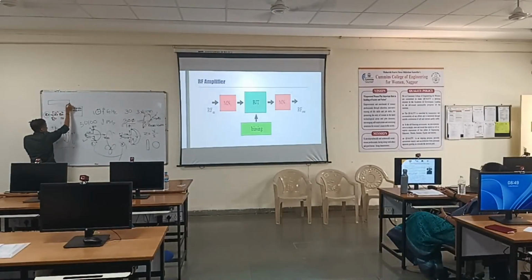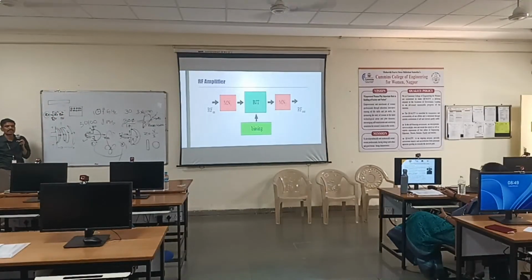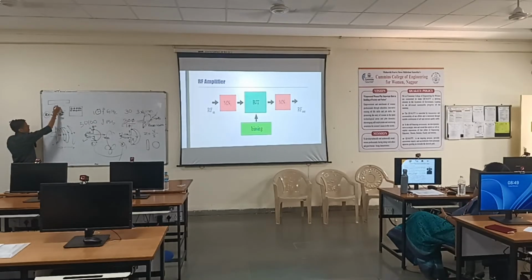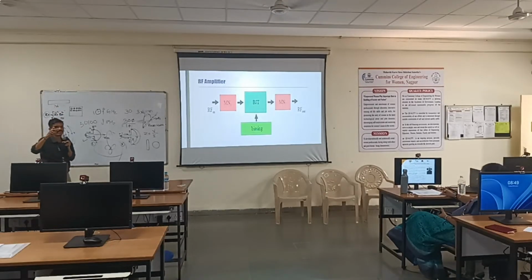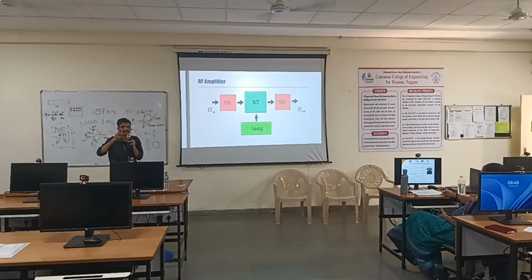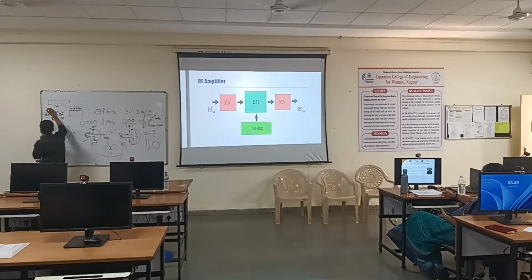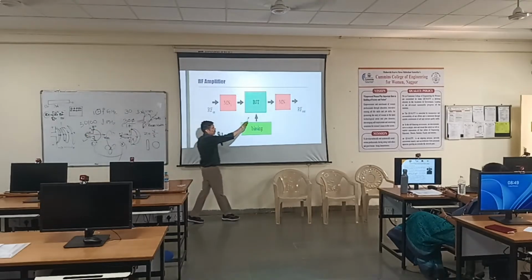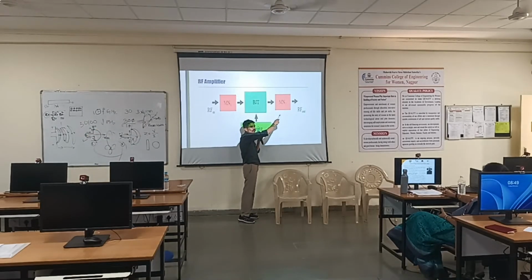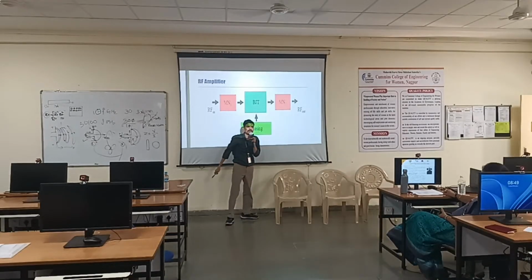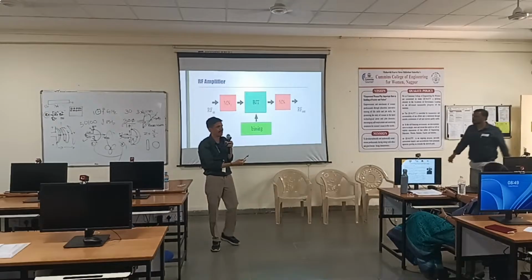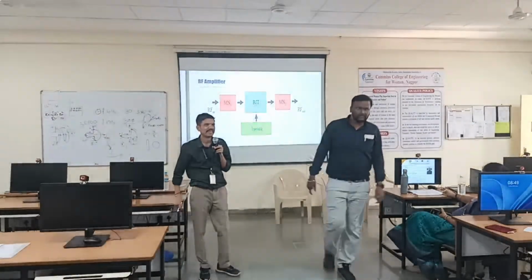What do I mean by quarter wave line? Quarter wave means the length is lambda by 4, right? Lambda is the operating wavelength. So if you have a quarter wave line whose impedance is the square root of these things, it will match 50 ohms with 10 ohms. What do you have to do? You just have to take the output impedance, put a lambda by 4 line, connect it to the 50 ohm, put the transistor in between, bias it properly, and your amplifier is ready. Isn't it simple?